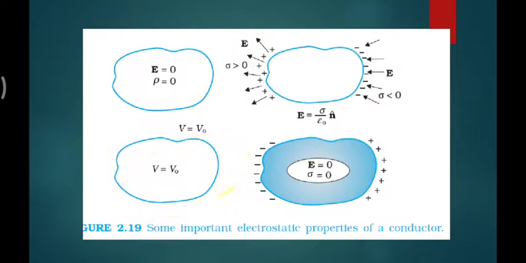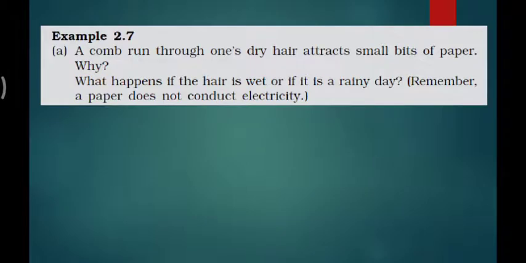Outside or inside, the electrostatic potential will be the same, and how much charge it has depends on that. And this is a cavity scenario. Inside the cavity, the electric field is 0 and charge is also 0, and outside, whatever happens, the charge will be according to that. According to what we discussed in parts 1 to 6, there is one example of a common lifestyle use, how they use the physics, that can be explained by these points 1 to 6.